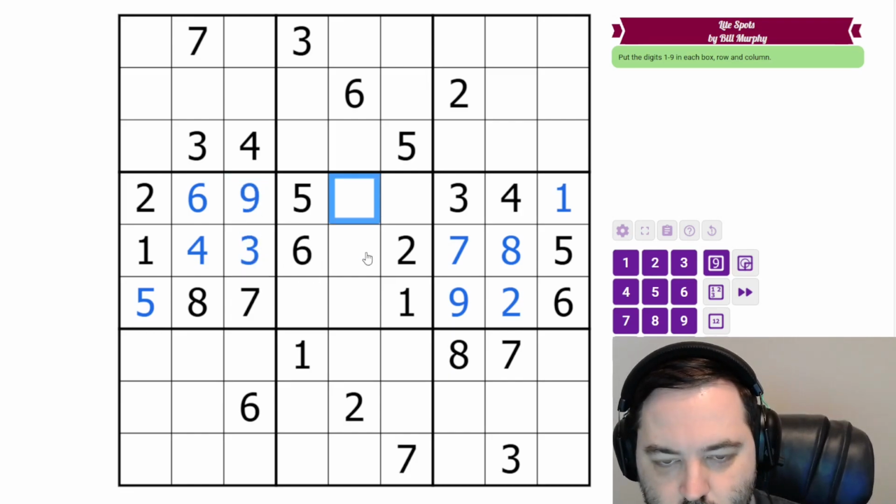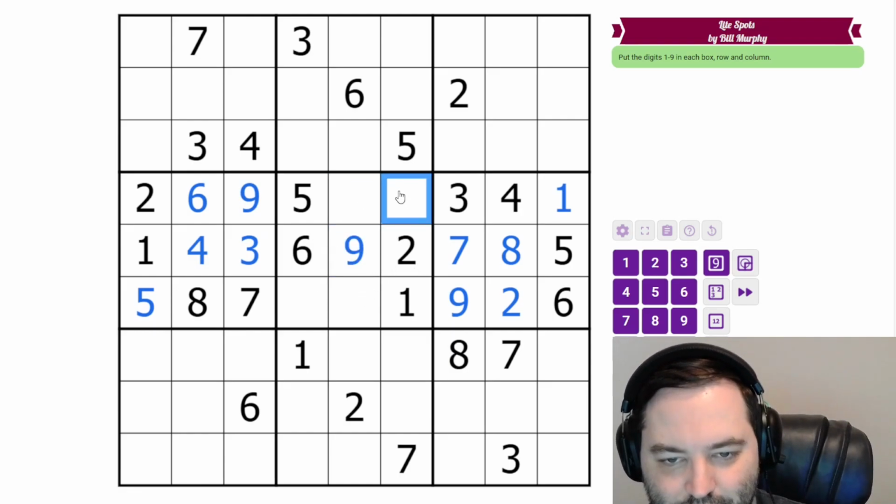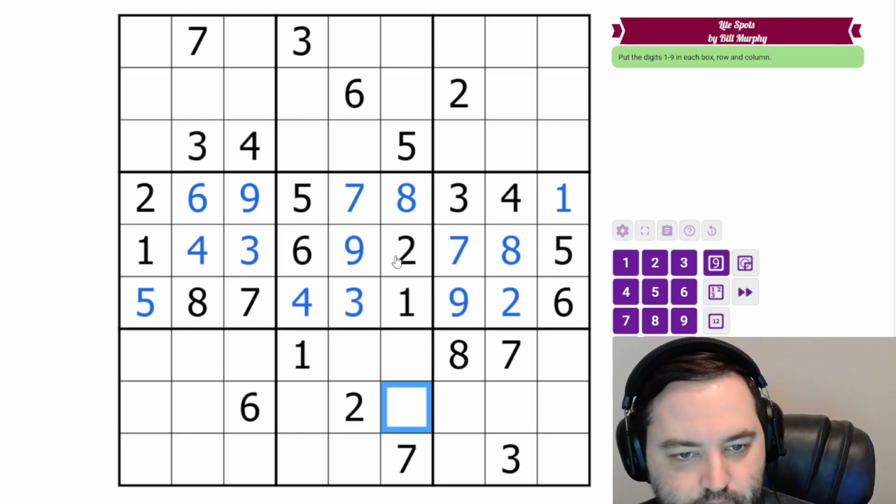I'm having some struggles this morning. 9 in the middle, and then these are 7 and 8. Know the order, these are 3 and 4. And that's the central band done again. So again, we can start looking at